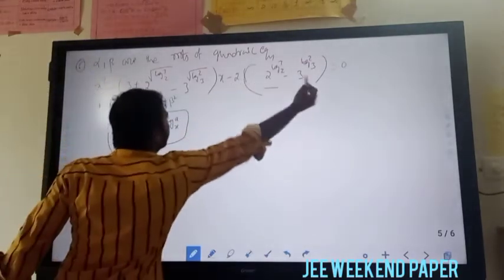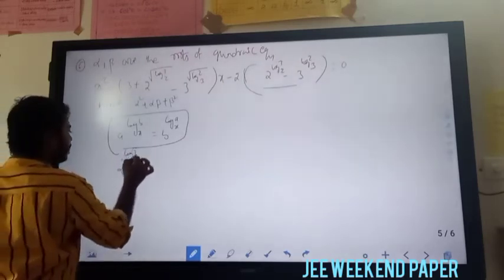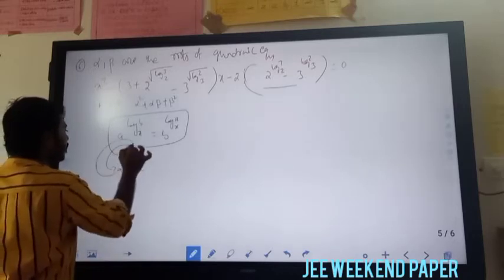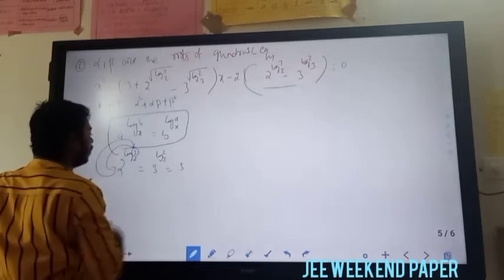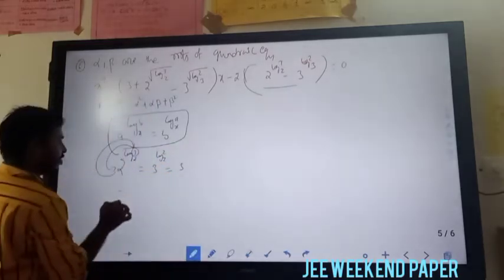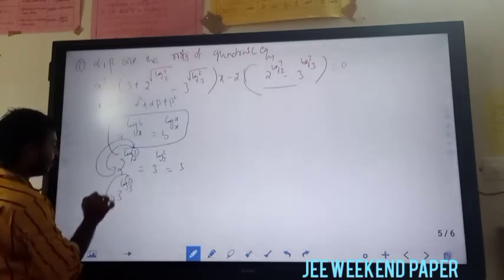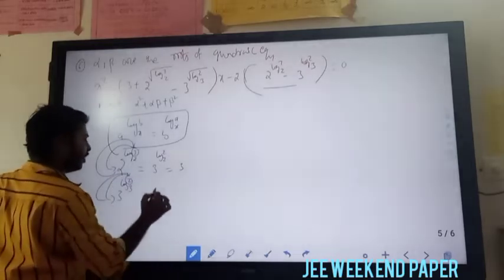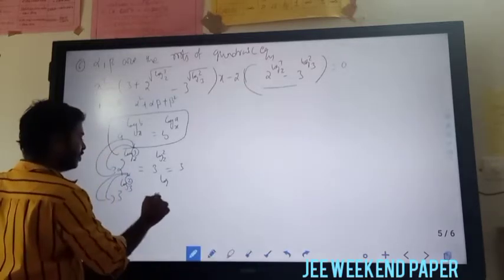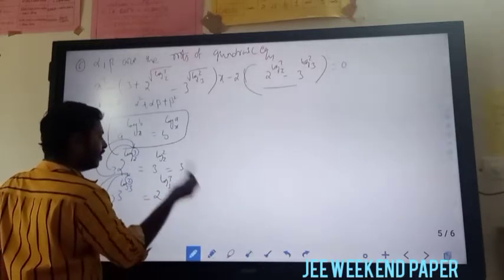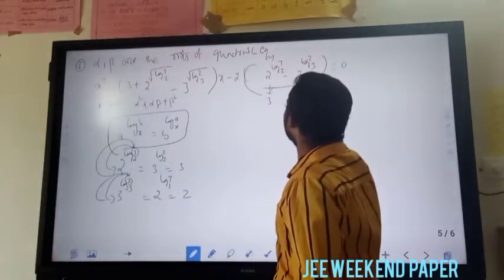Now here they have clearly given 2 power log 3 base 2. The interchange here: it comes here and goes there. So clearly 3 power log 2 base 2 is equal to 3, and the next one is 3 power log 2 base 3. So this term goes here. So clearly 2 power log 3 base 3, so totally we get 2. So this value is 3, and